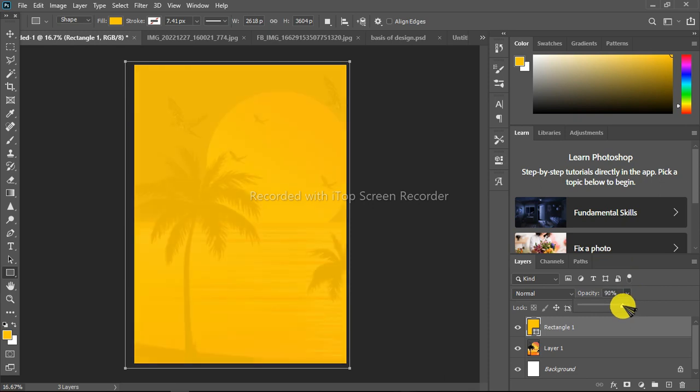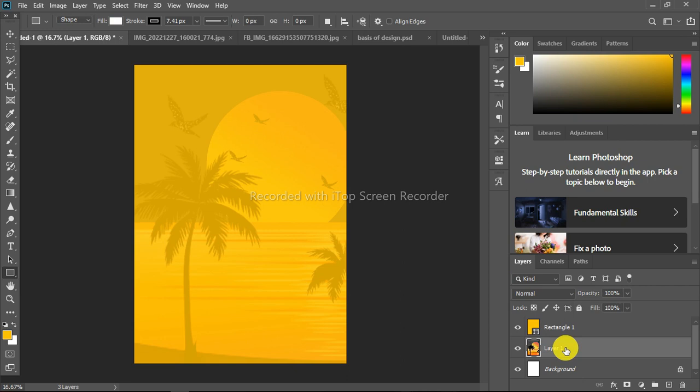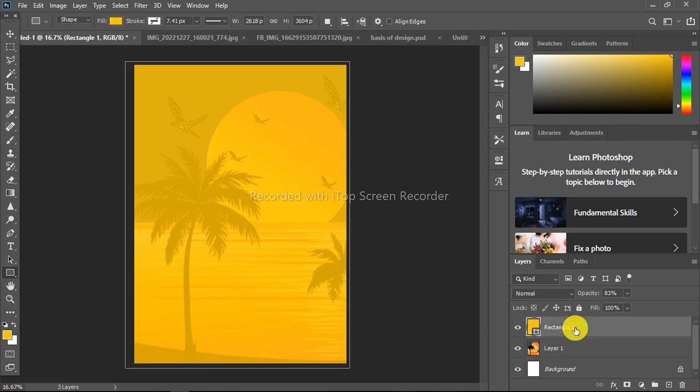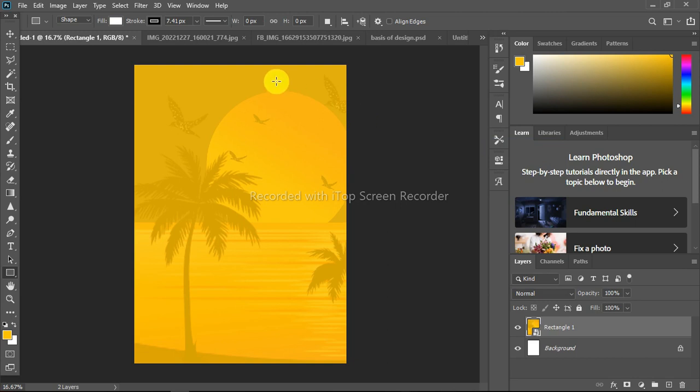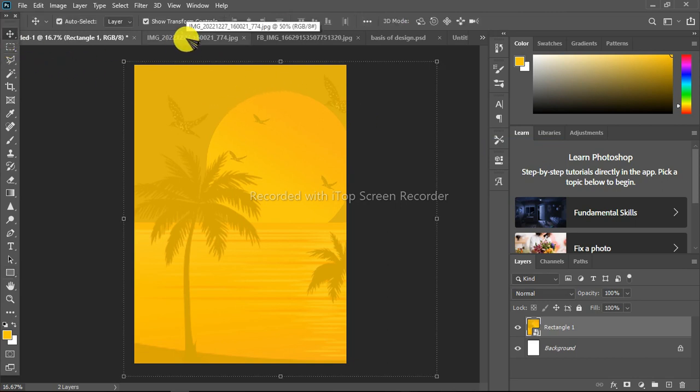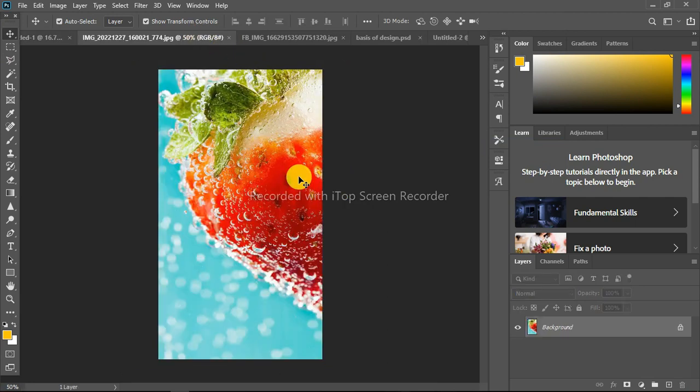so that the color at the background, behind the rectangle, can show a little. Okay, can pop up a little. Let's adjust this so it will be nice. Okay, so let's convert to smart object. Alright, then what is next? We move on. Import the second image